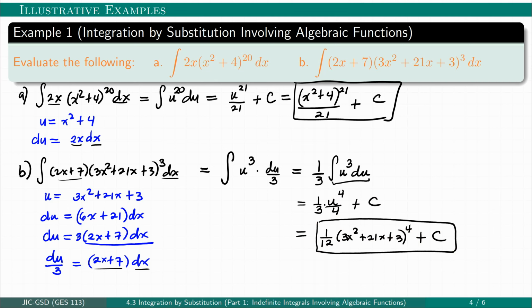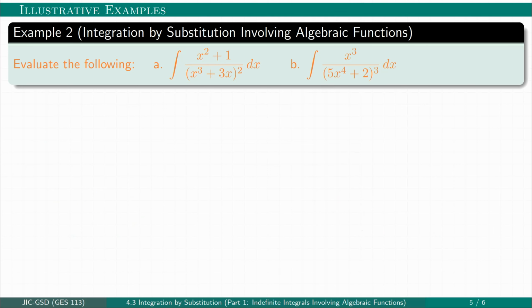Let's consider our second example wherein we have integral of f over g. So for letter A, we have integral of x squared plus 1 divided by x cubed plus 3x, everything squared dx. So let's try the substitution u equals x cubed plus 3x, which is our function in the denominator, x cubed plus 3x. Taking the derivative on both sides, we will get 3x squared plus 3